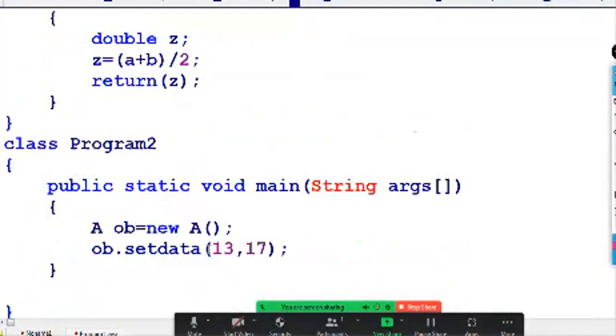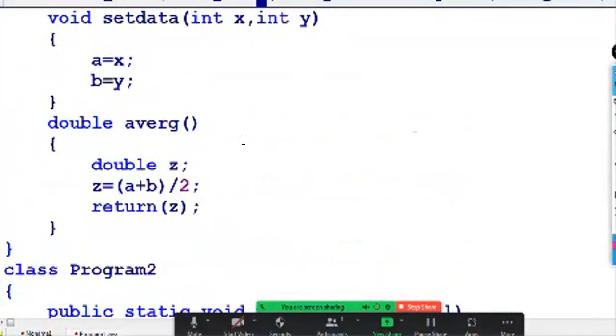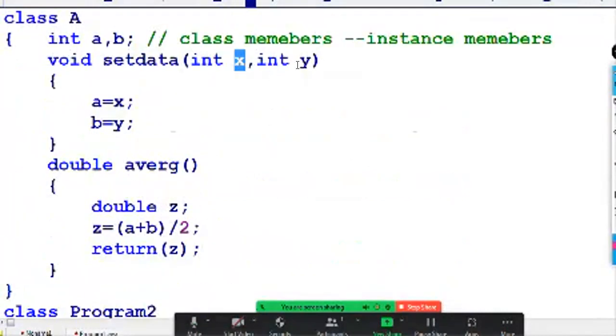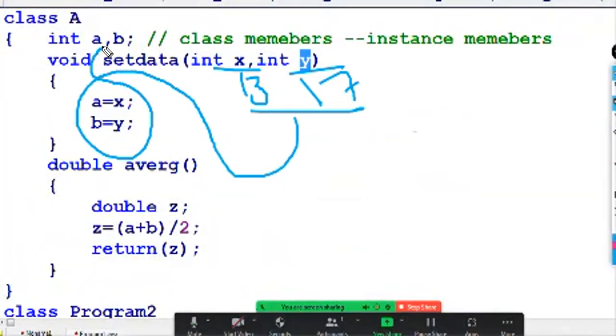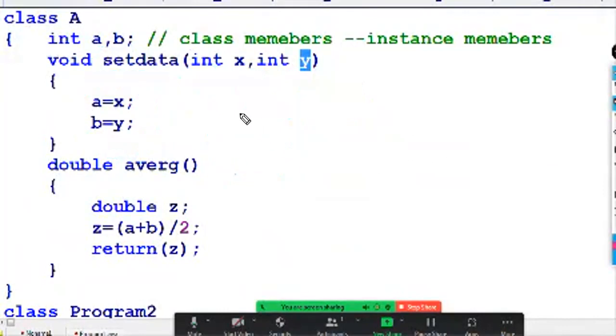Here the x value will be 13 and the y value will be 17, and that is assigned to the class members through local variables. With this operation, they are submitted to the instance members for one object, the class A object ob.